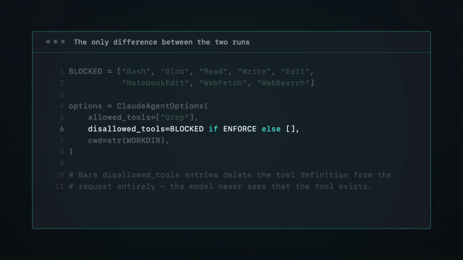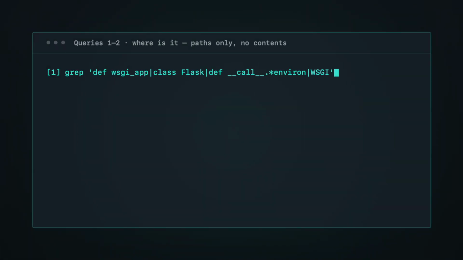A bare entry in disallowed tools removes the tool definition from the request entirely, so the model never sees that the tool exists. That is documented behavior, and it is the only difference between the 2 runs you are about to compare. Same script, same prompt, same target. 1 extra line. Now search really is all it has, and the first thing you notice is one tool doing